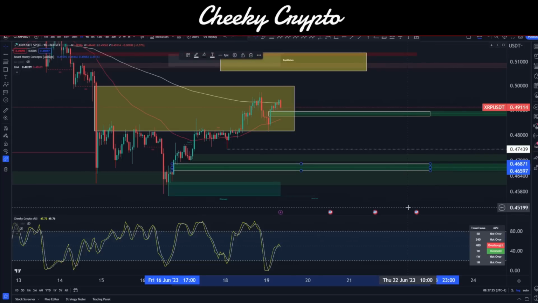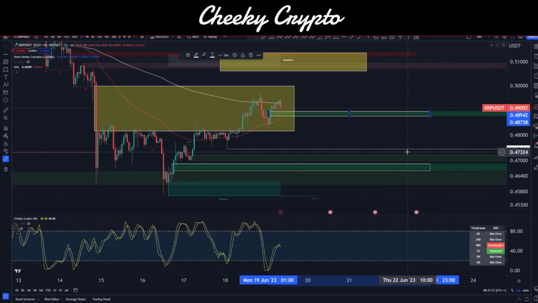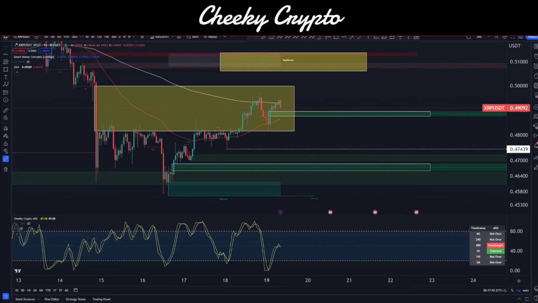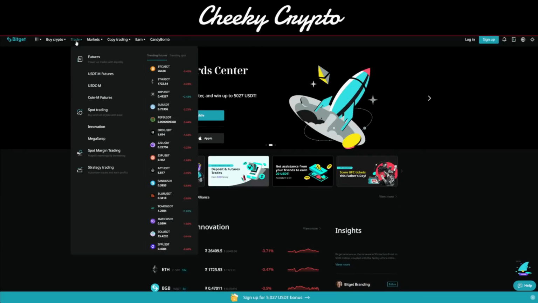So down on the low side we have this at 46.597 to 46.871. Okay, that's the low side, and then up here on the slightly higher side we have 48.758 and 48.942. Okay, and these are, as I always say, if we come over to BitGet, we go over to our